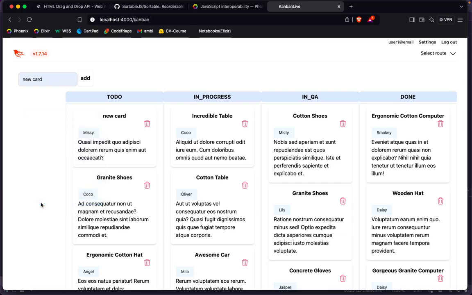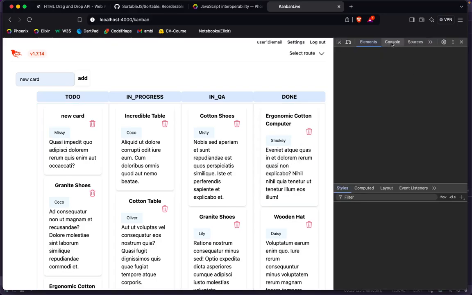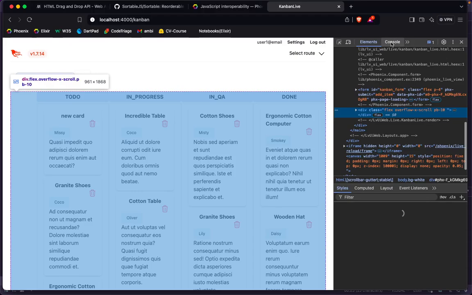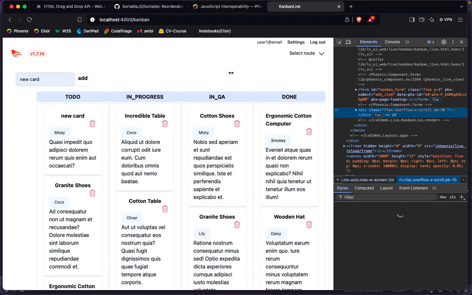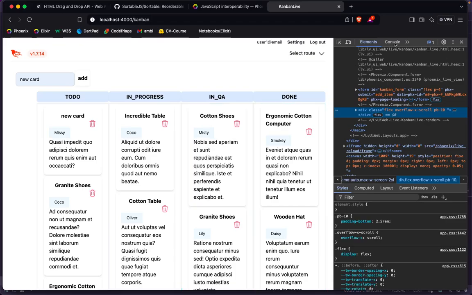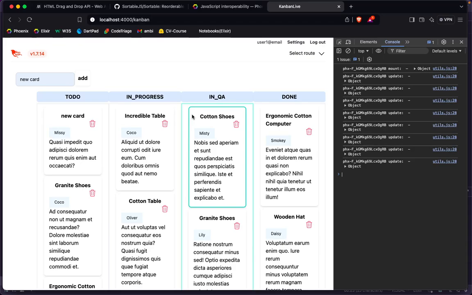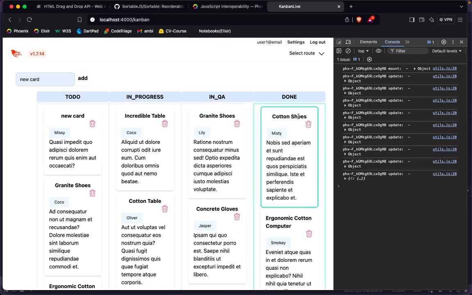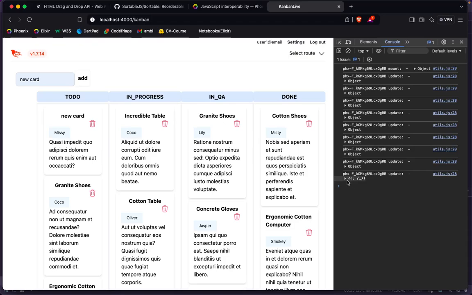I'll open inspect console. So here, the moment I change this card position and location, the carton shows. You can see the data is coming from,